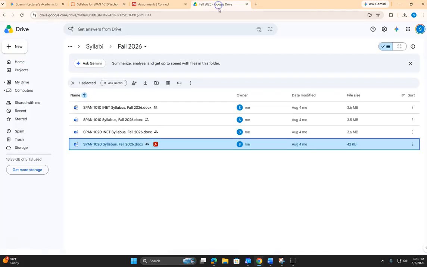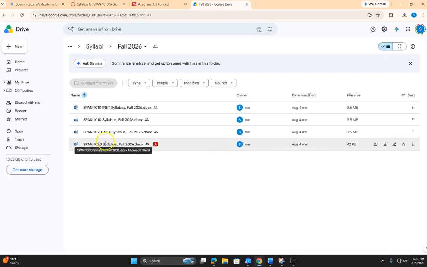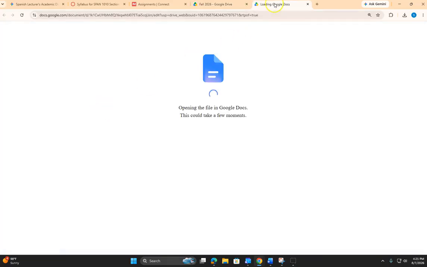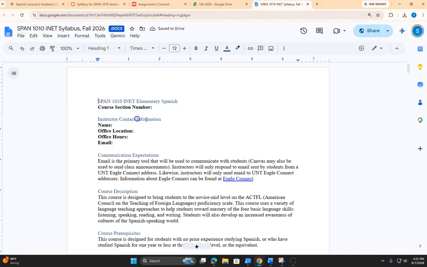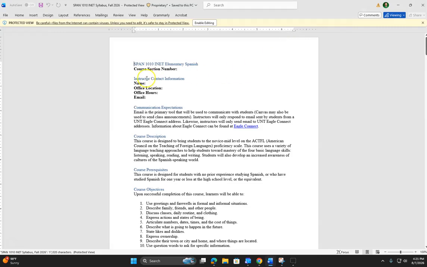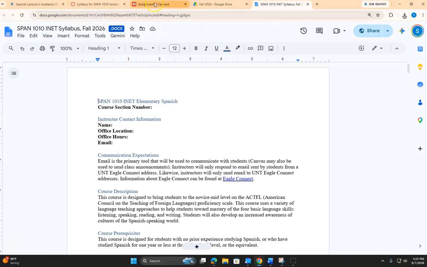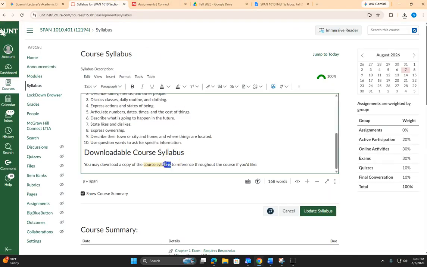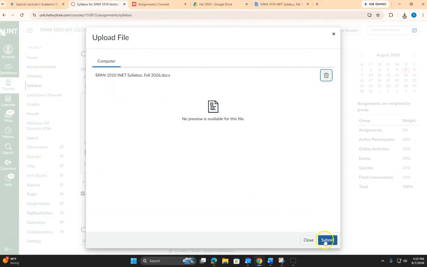And to find the syllabus, we'll go to Google Drive in Syllabi, Fall 2026, and this is a 1010 INET course. So I click on that and download a copy. And what you want to do here is add your instructor contact information, save that, then go back to Canvas, and I'm going to simply highlight this, upload the file, and I'll click Submit,